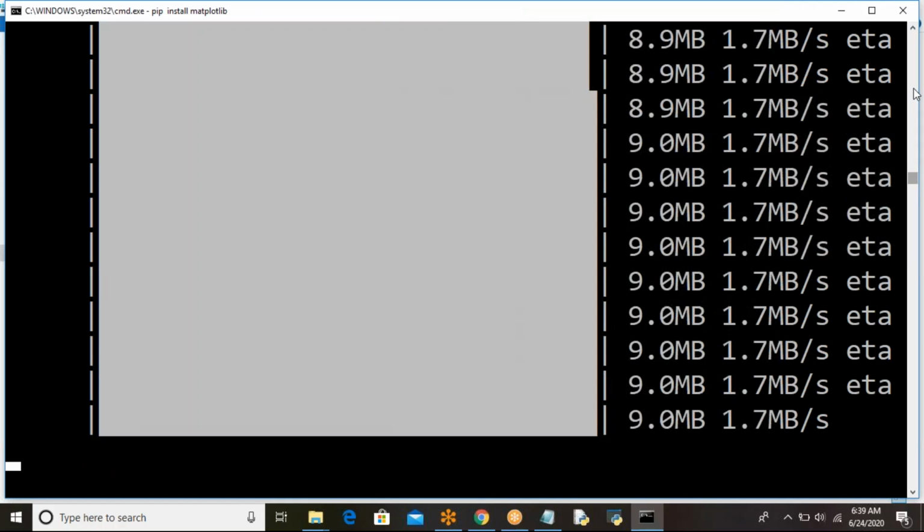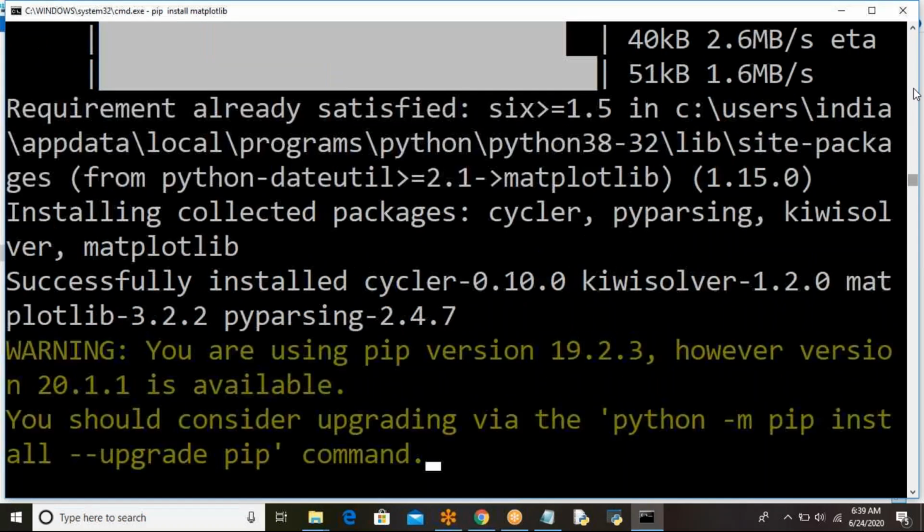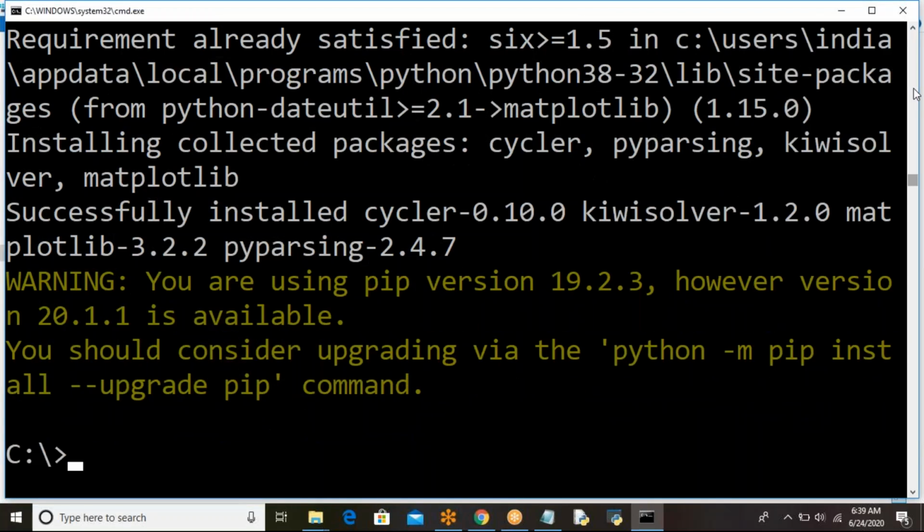It is a very, very important package, and not only for that, it is also used for designing electronic circuits. Okay, done. Successfully installed all four: matplotlib, NumPy, pandas, and xlrd.